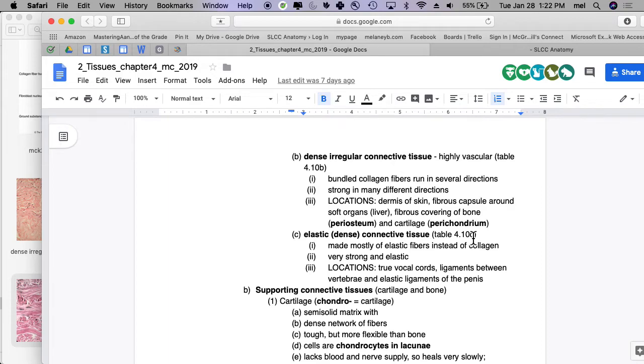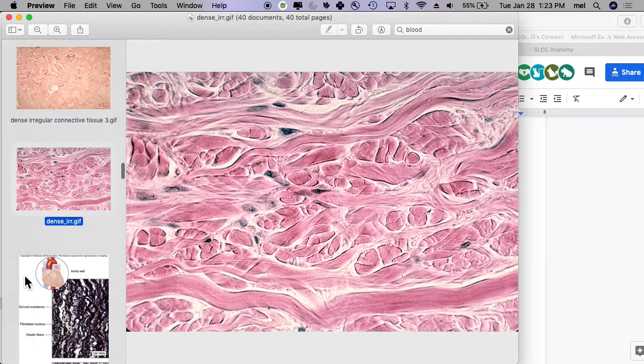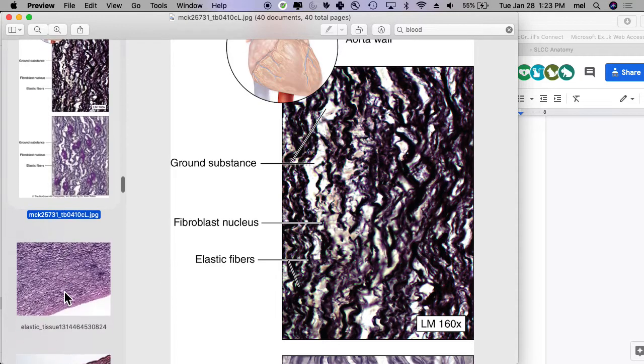Okay. And then the last of the propers is elastic or elastic dense. I always call it elastic dense because that's the way that I learned it, and also it helps me remember what it should look like because it's both elastic and dense. This slide is the slide in your textbook, which I think just looks like trash. I don't like it because they label this and they're like, oh, that's a fibroblast nucleus. I'm like, that's a blob in the middle of a bunch of other damn blobs. I don't even believe you. I think you arbitrarily labeled that blob. But if you look at